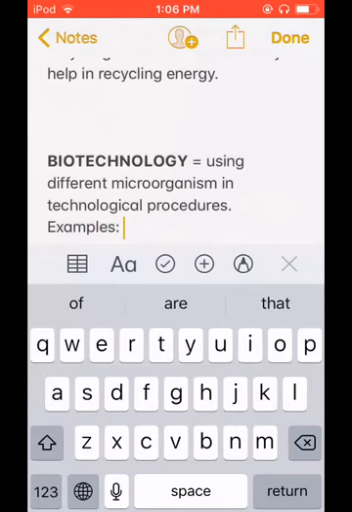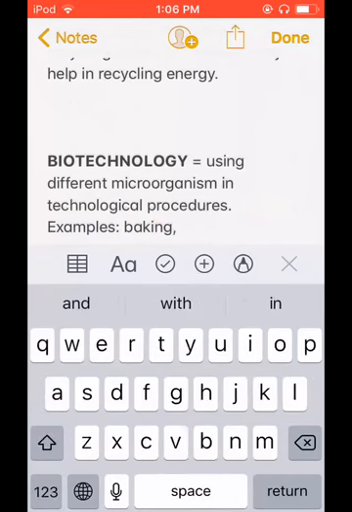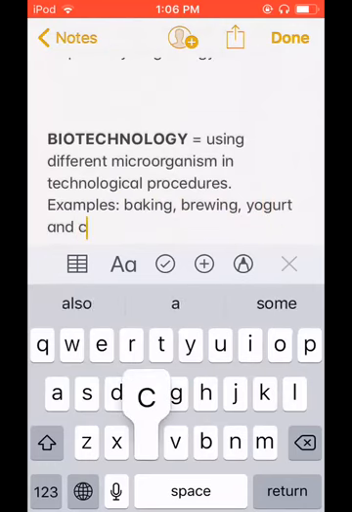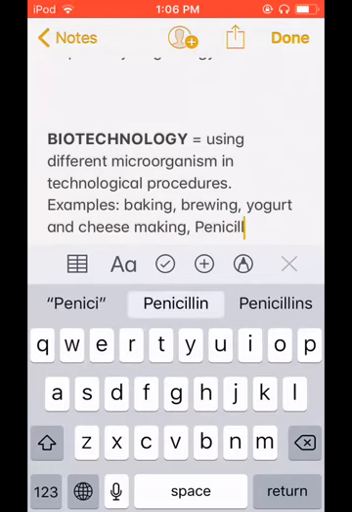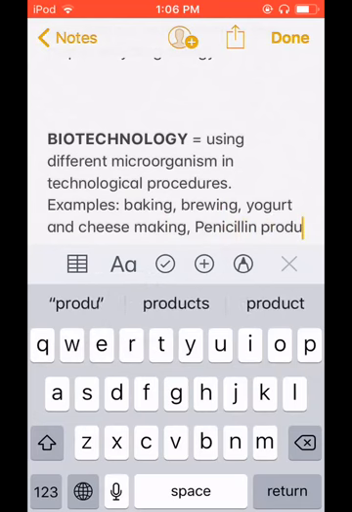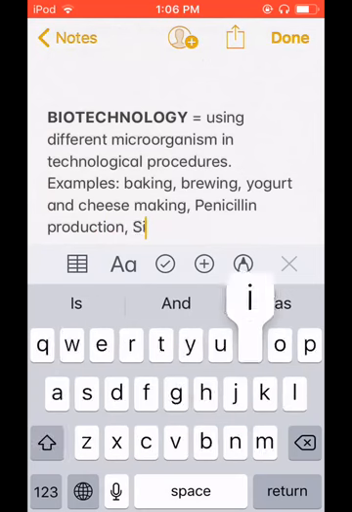Examples include baking, then brewing, তারপর yogurt and cheese making. এগুলো তো like these are not technological, but let's get to the technological part now. Chemistry. So তারপর হলো penicillin production. তারপর